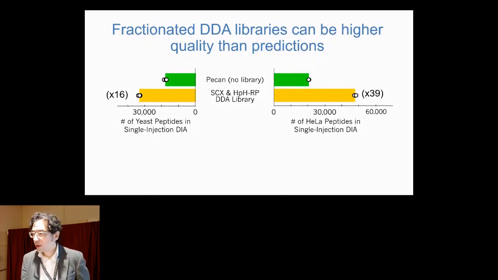which would be to use a DDA-based library, using a tool like Scribe to aggregate a bunch of DDA data together to tell us what the good fragmentation patterns and the good retention time patterns were for each of these different peptides. In this particular case, and this is important, I've aggregated data where we're doing SCX and high pH reverse phase, two different types of separation techniques, to identify as many peptides as possible. Here, for a yeast proteome, we're covering that in about 16 different injections. For a HeLa proteome, we're covering that in 39 different injections